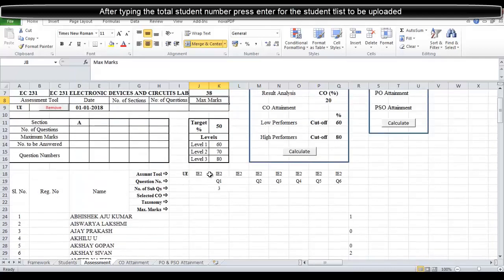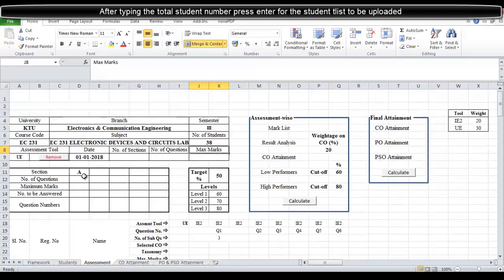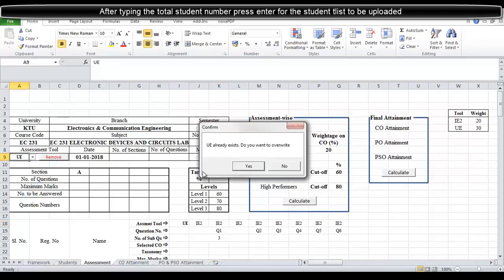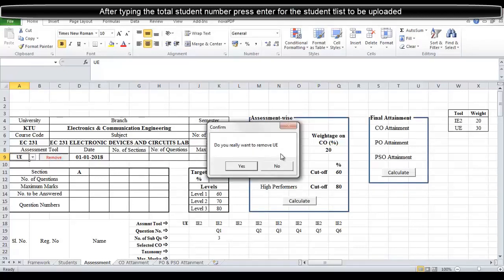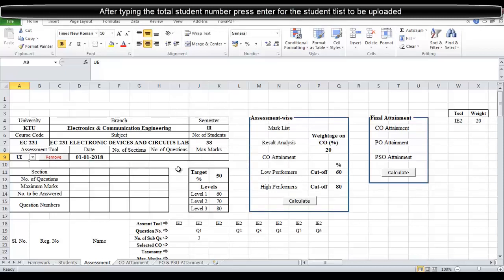Now what is remaining is these things that you see here. These can be taken out one by one by looking at the name. It is UE here, and it's already selected, so I select UE. Do you want to overwrite? Yes. And then I will click remove. If I remove UE, you can see some values are already there, and all of them will go. So that is gone, and from here also the column is gone. Next IE2, this much I want to remove. So for that again I will select IE2.